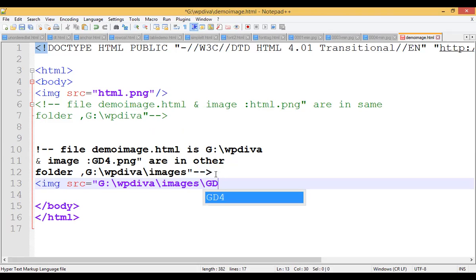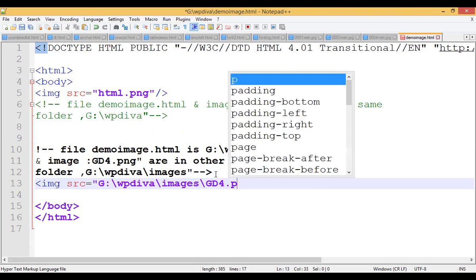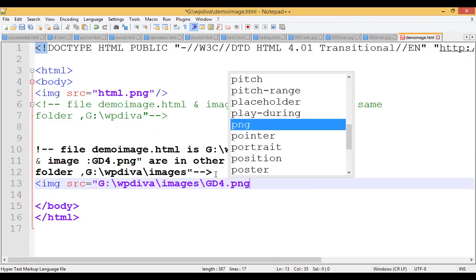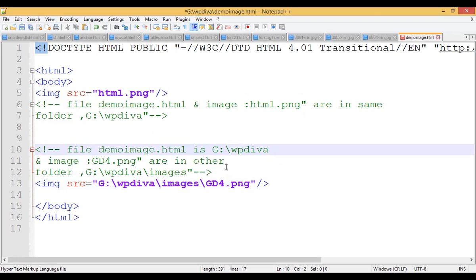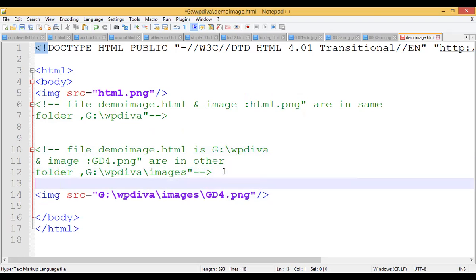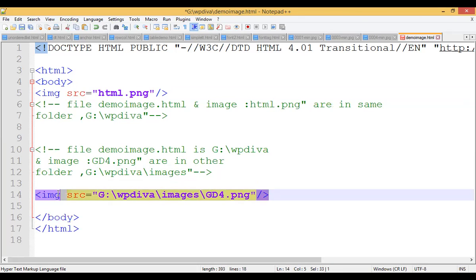It is GD4.png, right? That is the name of my file. Then close it. How are you going to close it? Front slash and then the closing mark. I will just put this in an exclamation for your understanding. So one example shows that the image and the file are in the same folder. The second line tells that the image and the program are in another folder.